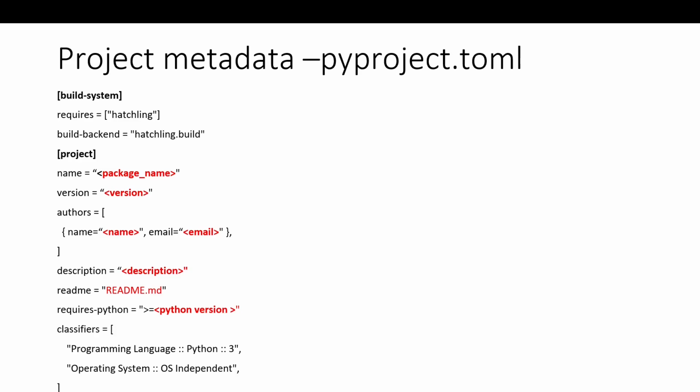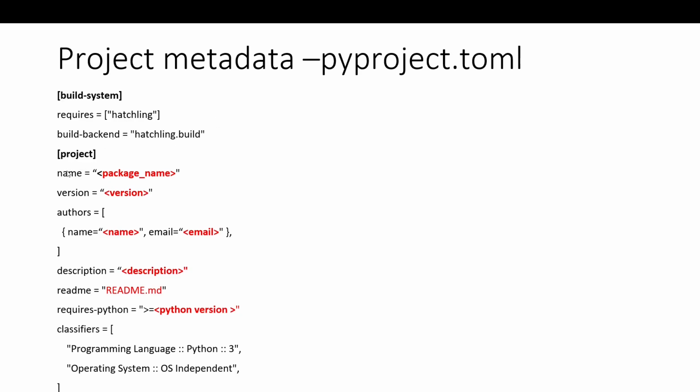A build has a build backend and a build frontend. The build backend is nothing but the actual utility, the actual program that does the build, and the build frontend is something that will just trigger the build by invoking the right build backend. So in this demo, I'm using one of the build backends, called hatchling, and there are many other build utilities available. We'll see that in PyPI in some time. So once I specify the build backend to be used for building my package,